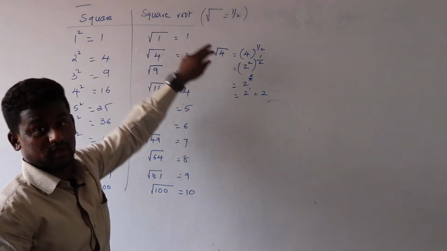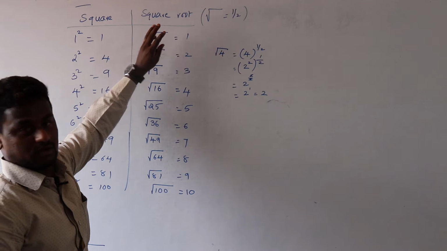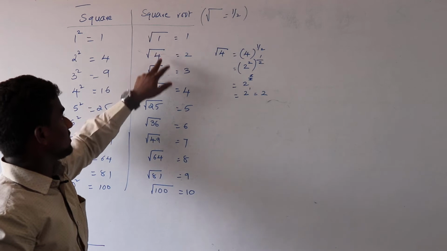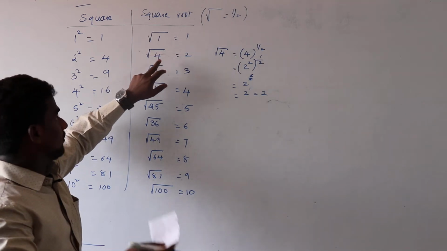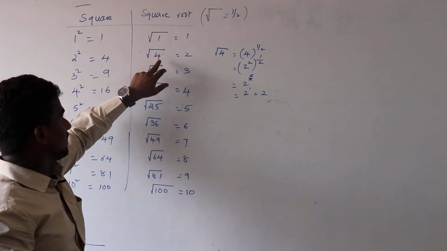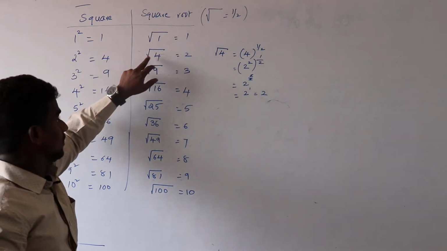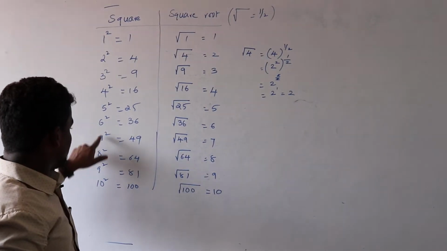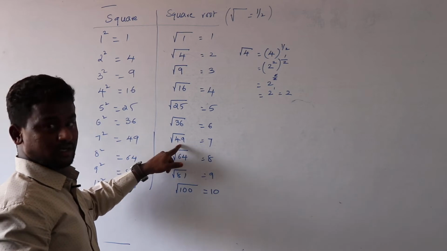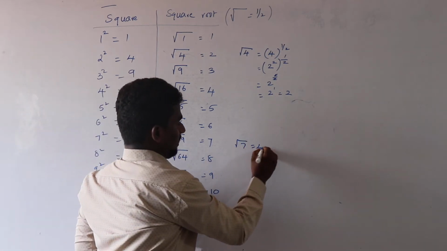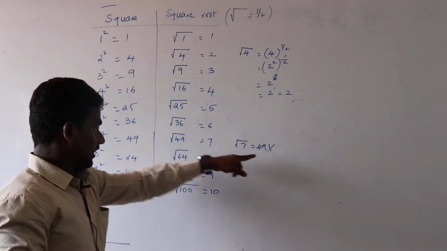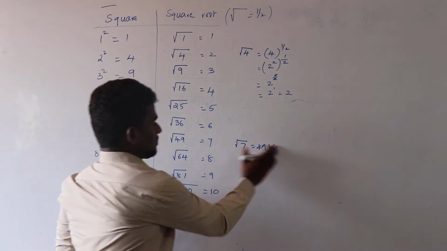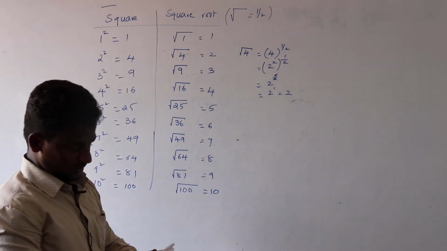What is the square? What is the square root? Don't get confused. Are both the same or not? Square means we have to multiply the given number 2 times. Square root means the number is equal to the square of which number. Square root of 4 equals 2. Square root of 49 equals 7. 7 square is 49, not root 7 equals 49. That is totally wrong. Square root of 49 equals 7 only. 7 square equals 49. So this is the difference between square and square root.